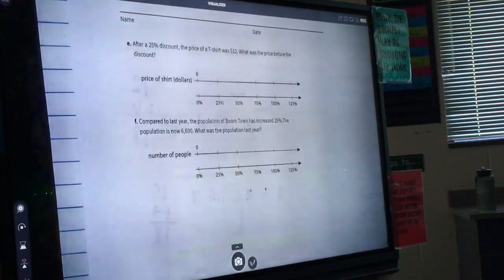It's talking about what was the price before the discount. And after 25% discount, the price of the phone was basically like by additional